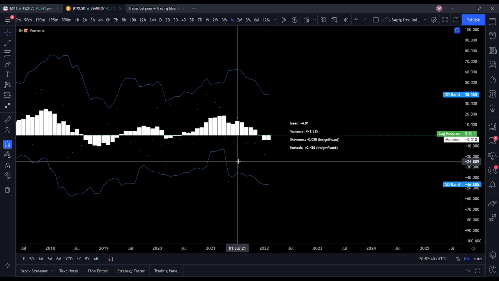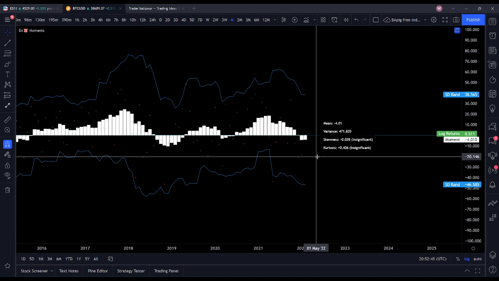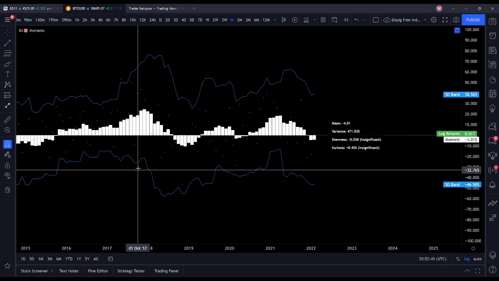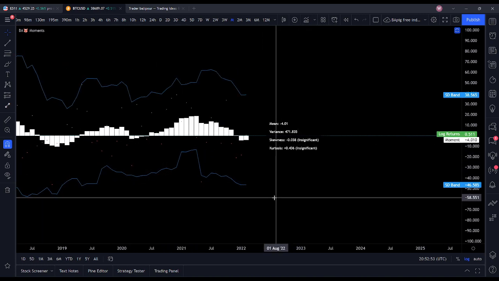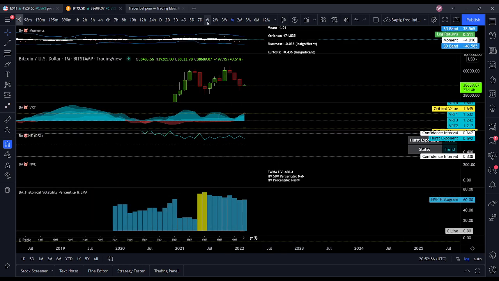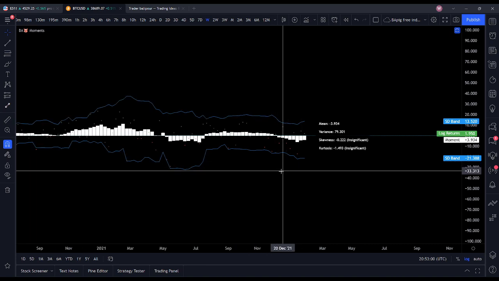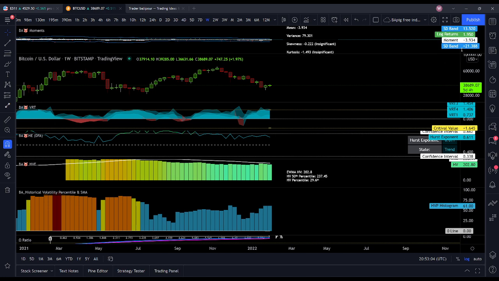So the monthly mean is negative. So that's something to note, and just being able to take into account those times where Bitcoin's mean is negative on the monthly, and then we can look over at things on the weekly. And we can say, okay, well, the mean's been negative, and